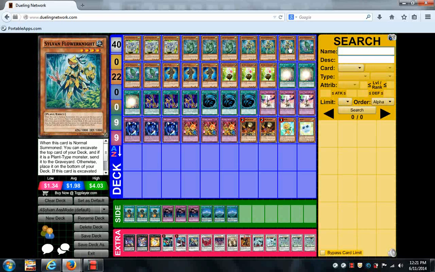Plus, you normal summon him, excavate the top card of your deck. If it's a plant, send it to the graveyard. If not, bottom of the deck, of course. If he's excavated, you could take a Sylvan card from your deck and place it on top of your deck. So that's great, so you can guarantee what you have on top of your deck. Especially if you excavate him, you might want to put Peacekeeper on top of your deck. That way, when you excavate Peacekeeper, you can get a lower level plant type monster from your graveyard